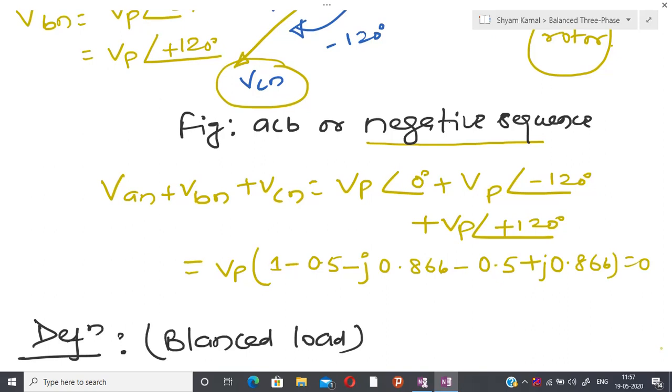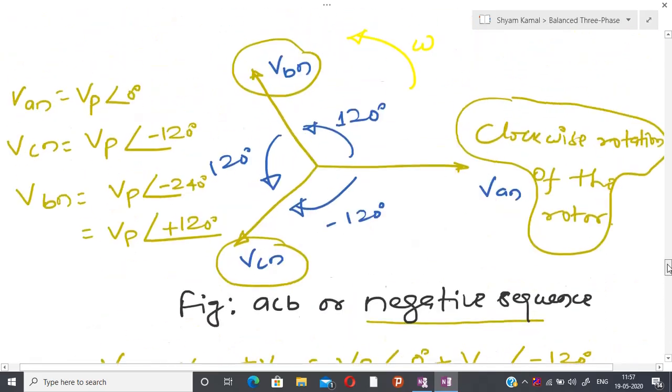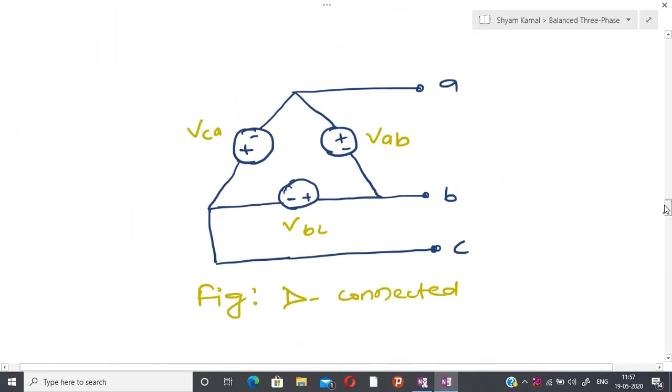Now, before going to the load part, one more part is missing, and that is that I have told you there are two different connections. Here you can see that in the case of the phase voltage, I have calculated voltage with respect to the neutral, but here I am calculating the voltage of one with respect to the other. So this is also called line voltage. I am not going to write that now, just understand that it is the voltage between two lines. Here neutral is not present.